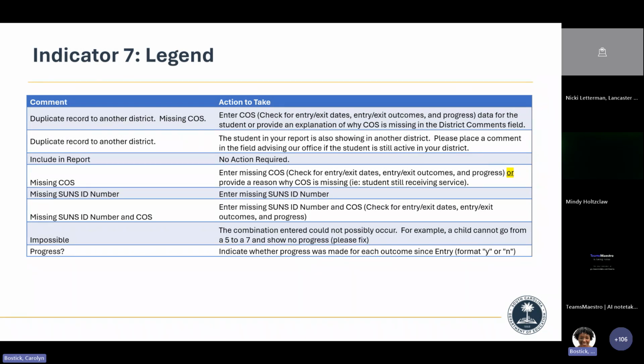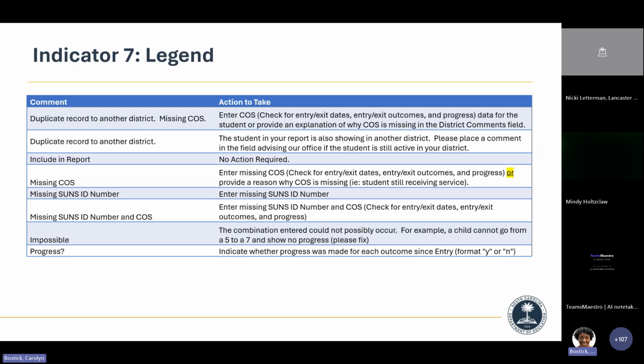In the event that the ID number is missing and COSF is missing, it may be a test student, but we don't know and we don't want to assume. So just double check your entries. If it is a test student, just let us know, and then also submit a Zendesk ticket that a test school or test student is appearing on your report so that they can take care of this, because they should be removed or excluded from your report.